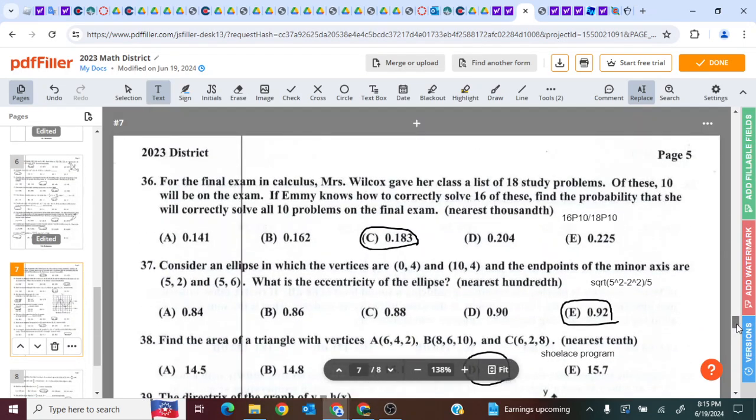Okay, 36. For final exams, Mr. Wilcox gave her class a list of 18 study problems. 10 will be on the exam. Amy knows how to correctly solve 16. What is the probability she solves all problems? So in this case,